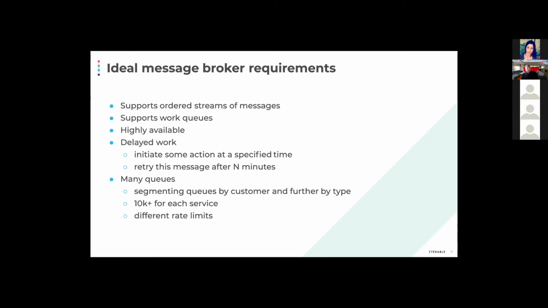So one is support for ordered streams of messages. This is mainly for our data ingestion and use cases where we care about strict ordering, like we want an update for one user to happen before the next update for that user. And we're currently using Kafka for this, and it works pretty well, but it would be convenient to not have